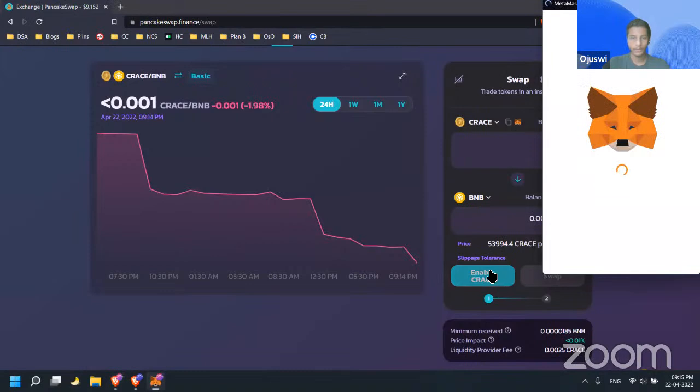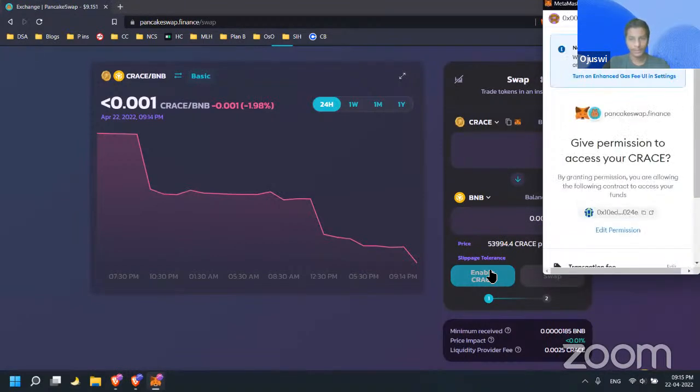Click on enable Grace, which means I'll give my permission of using Grace to this website. It will ask me to give the permission, which is basically a token. So I'm giving permission to this website. And before giving any permission to a website, you always need to check that the website is correct